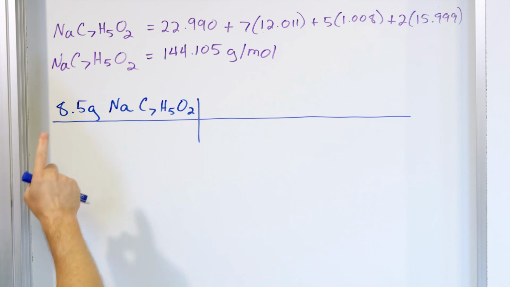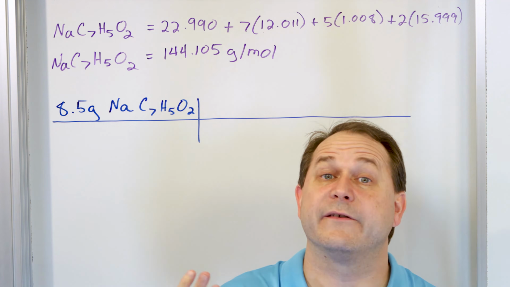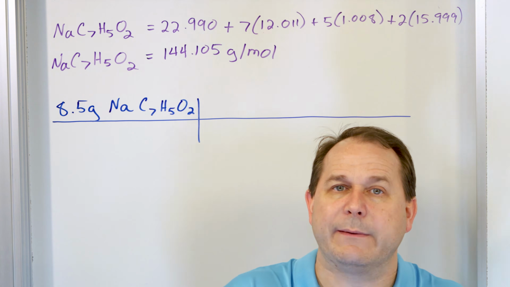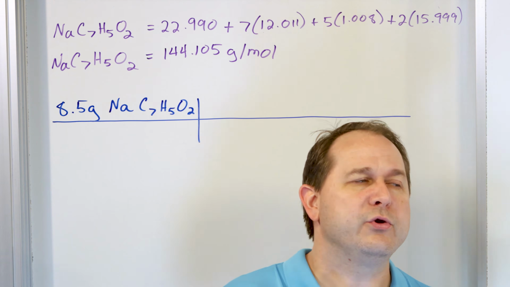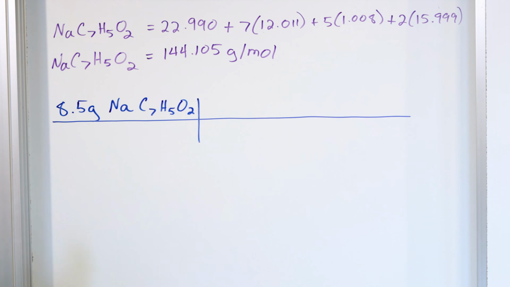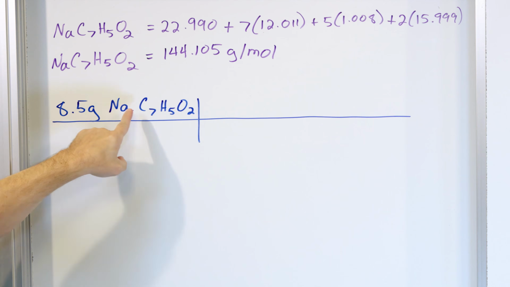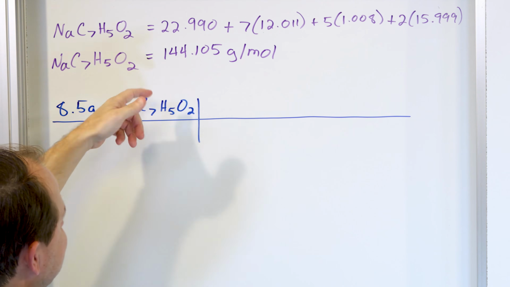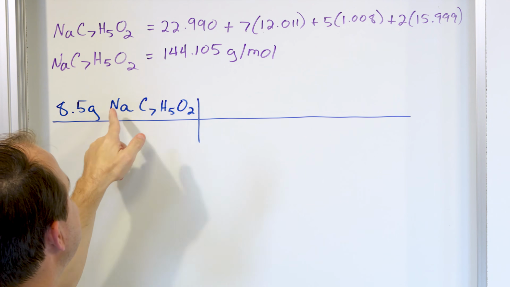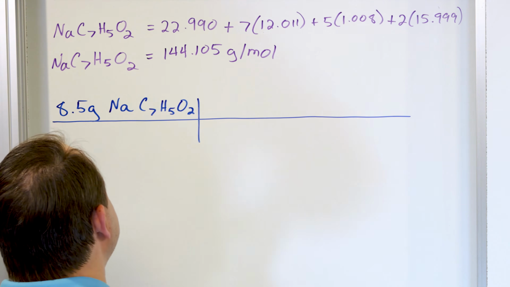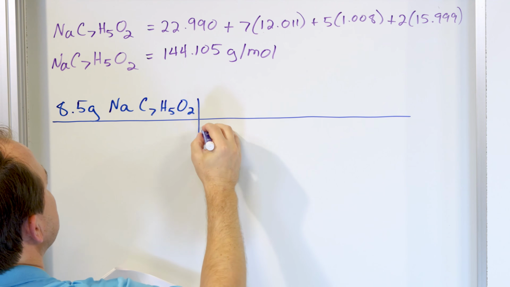All right, now what are we trying to find? We are given that we have a 8.5 gram sample of this, and we want to figure out how many grams of sodium are in that sample. So you ask yourself, what can I convert to get me closer? Well, I know grams of this, and because I know the molar mass, and I can find the molar mass of anything, I can find out how many moles of this substance that is. So I'm going to use this conversion factor,